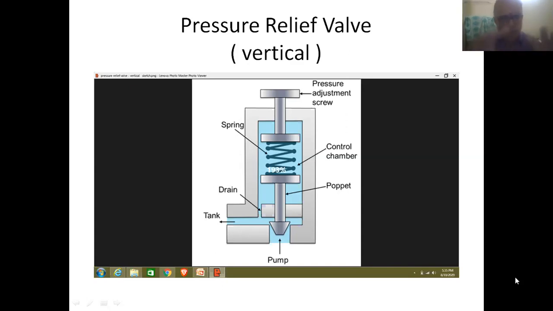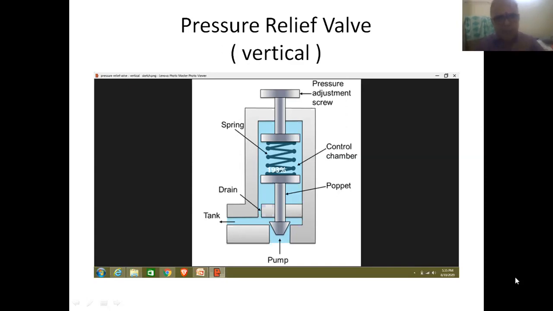And when the pressure falls back to the normal value, the supply of fluid into the valve is cut off. So by virtue of spring action, this element will come back to the initial position, and as a result, the valve will come to the closed position.